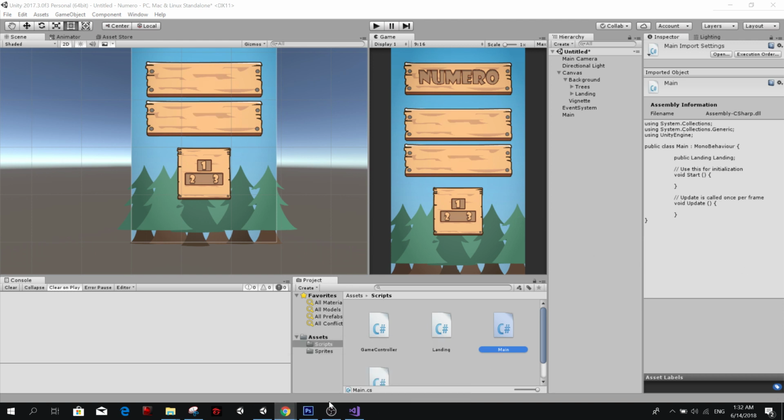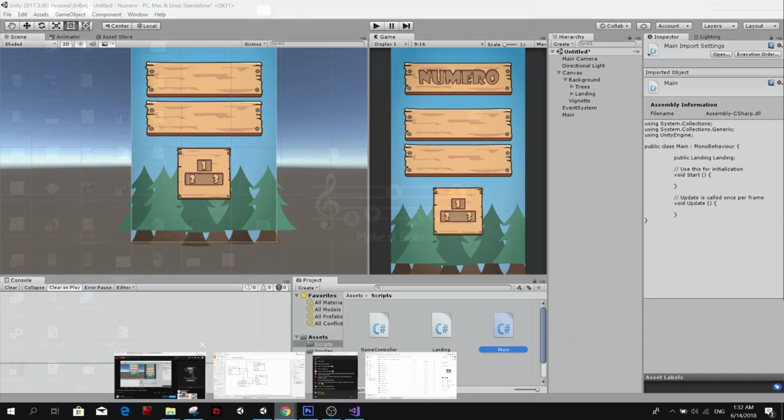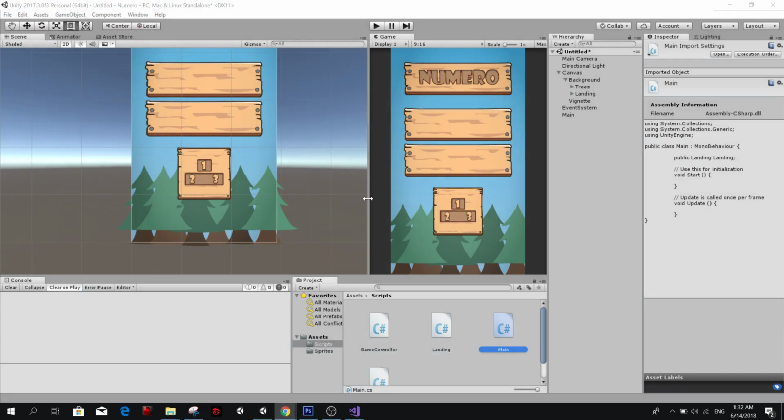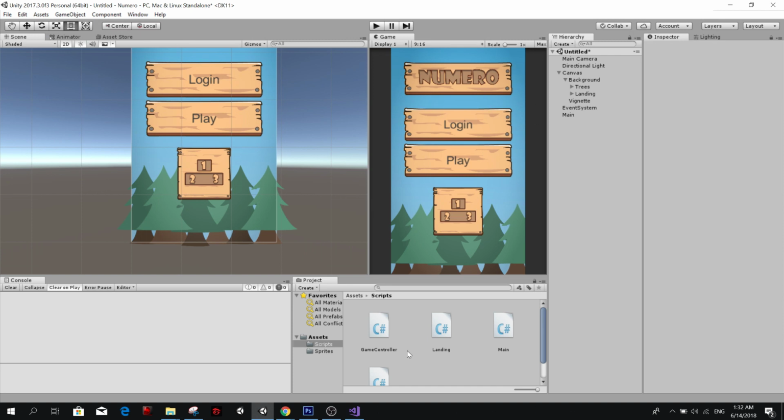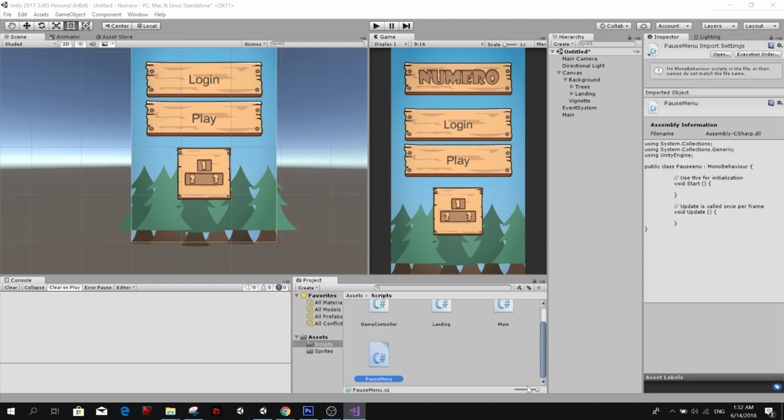All right. What else? So I have the landing. We have to make this as well. So the game controller, it's not MonoBehaviour. Then the pause menu is pause menu. Double click, not MonoBehaviour.